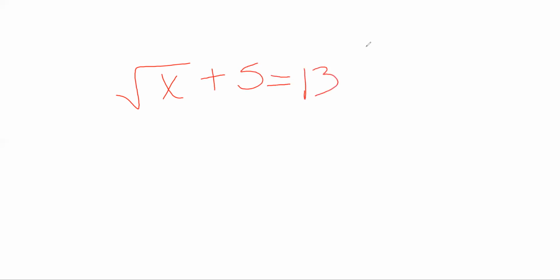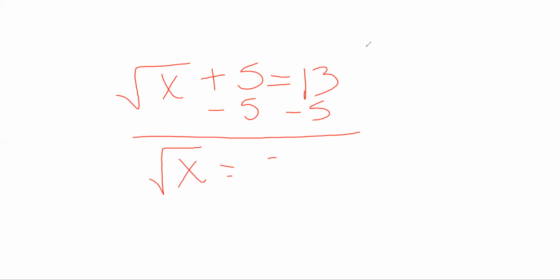Now, just like we do with regular equations, we want to get this square root over here by itself, right? So we're going to do the opposite. This should be pretty familiar. We're going to subtract 5 on both sides. So we're left with the square root of x is equal to 8. Now, what's the opposite of the square root? Well, the square root of x and x squared are opposites. And so if I want to get rid of that square root function, then I need to square both sides,